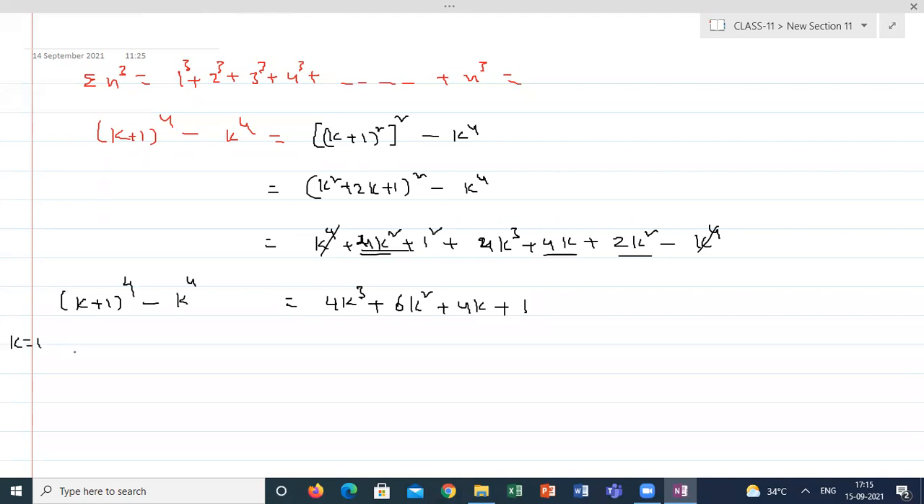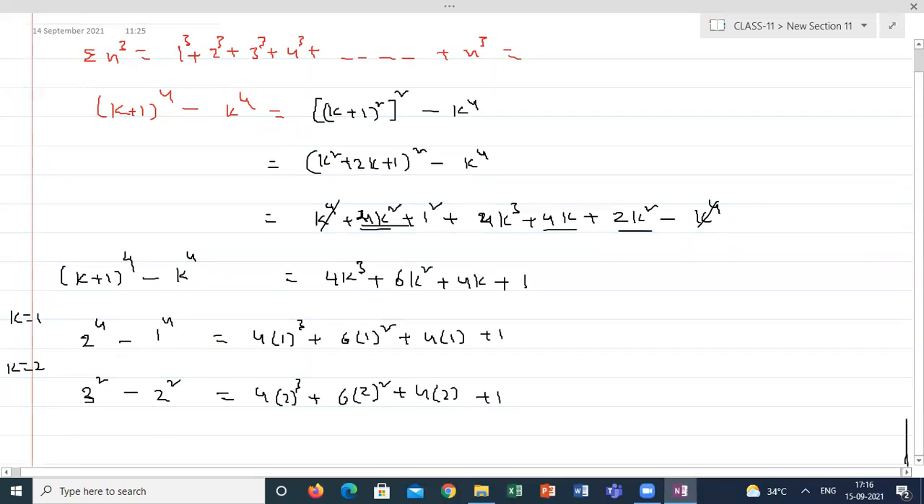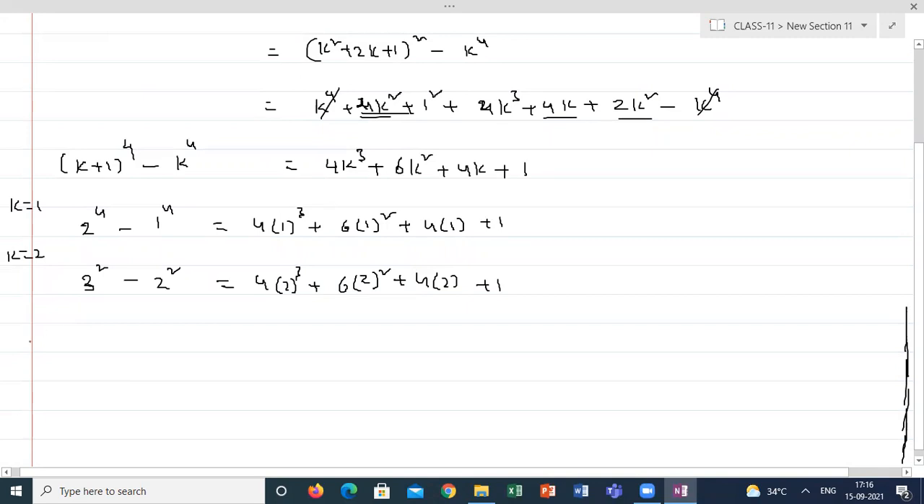I'm starting with k is equal to 1. If I start with k is equal to 1, what will I get here? 2 power 4 minus 1 power 4 will be equal to 4 into 1 cube plus 6 into 1 square plus 4 into 1 plus 1. If I take k is equal to 2, 3 power 4 minus 2 power 4, which will be equal to 4 of 2 whole cube plus 6 of 2 whole square plus 4 of 2 plus 1. Up to n terms, if I take n in place of k, (n plus 1) whole power 4 minus n power 4